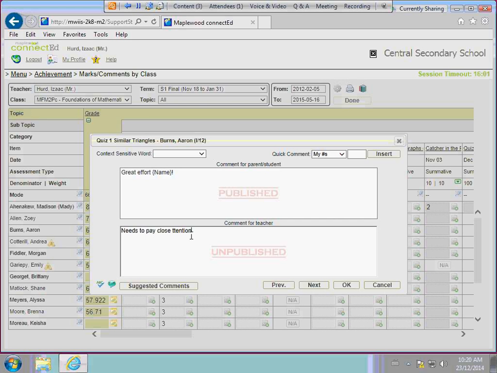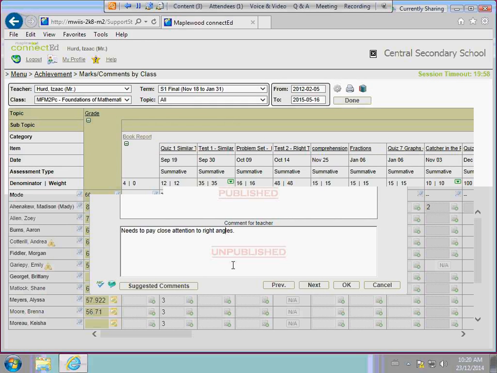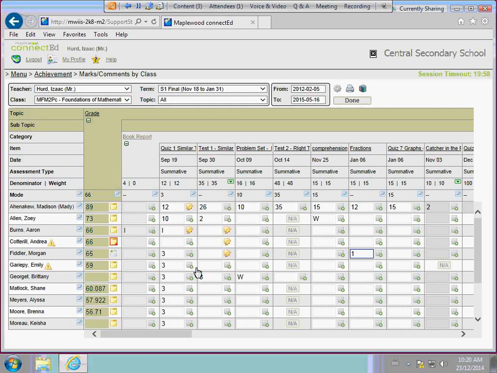There's obviously the spell check tools available there as well. So we can see we're published to the parents and unpublished to the teacher. Say OK. And what you'll notice is that little icon has changed for Aaron to now have the pencil with that little area. You'll notice right below for the student Andrea, you'll notice that it's the little yellow comment box